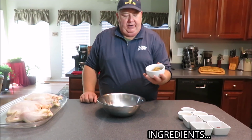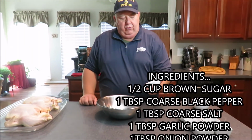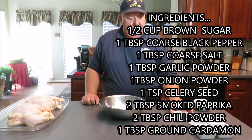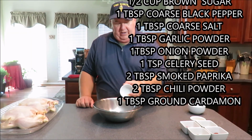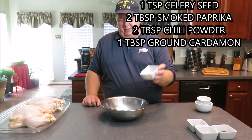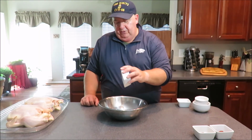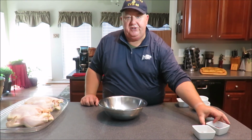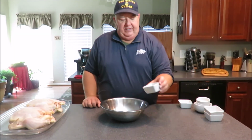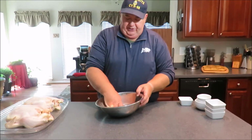First, I have about a half a cup of brown sugar. I have a tablespoon each of coarse ground pepper and coarse kosher salt. I got a tablespoon of garlic powder, a tablespoon of onion powder, about a teaspoon of celery seed, 2 tablespoons of smoked paprika. This is a nice smokiness flavor. And 2 tablespoons of chili powder, and I have a tablespoon of ground cardamom. Sorry. Just take all that, mix it all together,